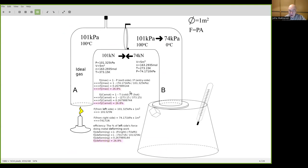We also calculate the forces. The plate will be pressed with 74 kilonewtons force from this side and 101 kilonewtons from the other. What's interesting is that from these forces we can put together a new equation: 1 minus the force coming from the cold side, this right side, divided by the force coming from the hot side, and we also get the same